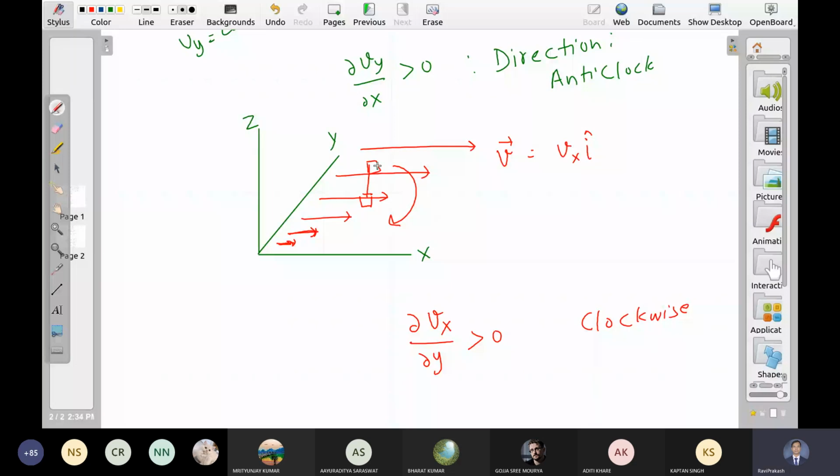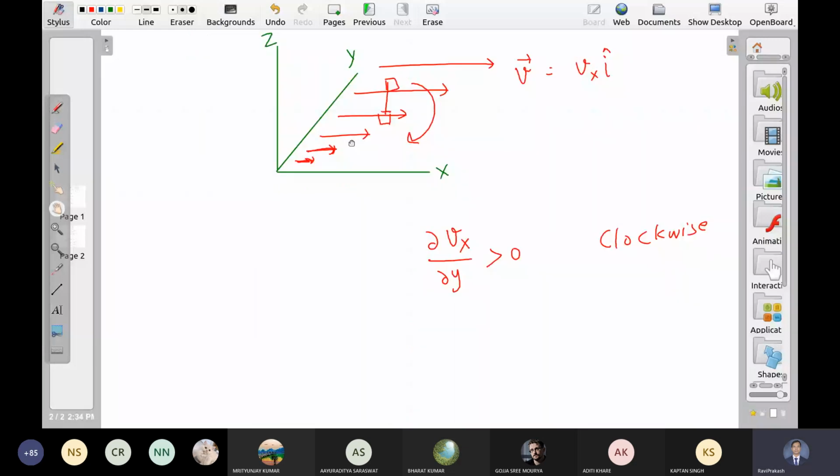So what is the net effect if air is in the 2D plane? यदि air 2D plane में, let us say this is the flow of air. This is x. This is y. No, this is not y. This is y. This is z. And let us say air is like something like this. It has an x component. It also has a y component. ये x के along ही flow कर रही है. ये y के along ही flow कर रही है. Then what is the net force for the anti-clock rotation?